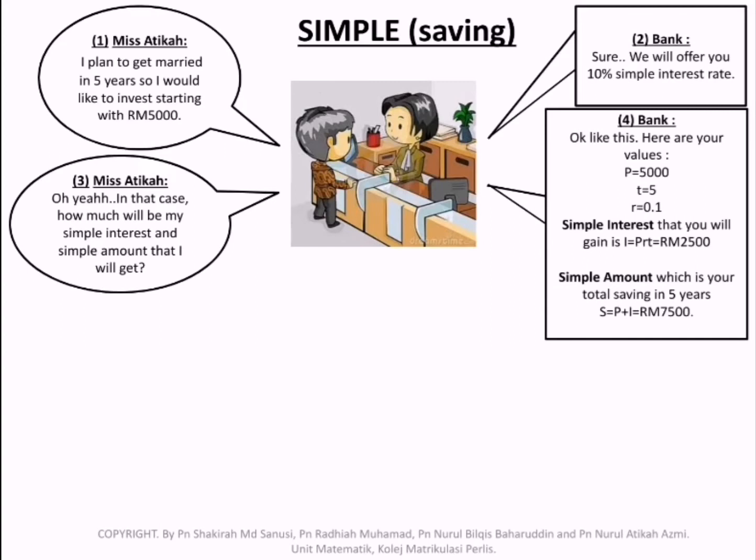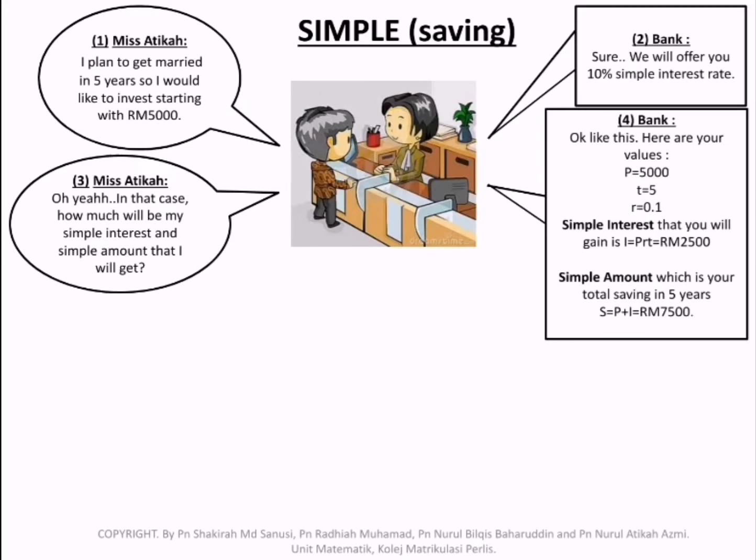Okay, like this. Here are your values. Your principal value will become RM 5,000 and your time will become 5 years and your simple interest rate is R equal to 0.1. Your simple interest that you will gain is capital I equal to PRT equal to RM 2,500 and your simple amount, which is your total saving in 5 years, is S equal to P plus capital I equal to RM